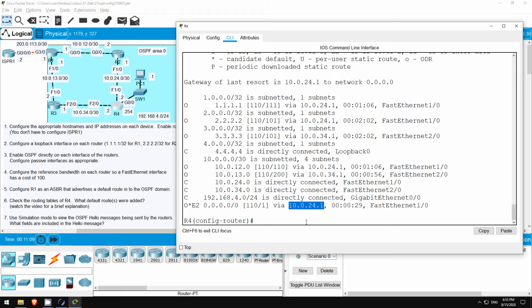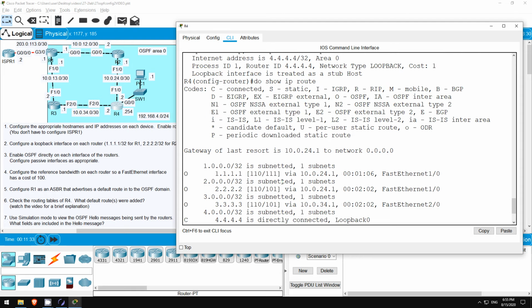Why is that? Well, look at the cost of this route via R2. The cost is 1. With the reference bandwidth we just configured, the cost to reach R2 should be 100, plus 10 for R2 to reach R1, so 110 just to get to R1. Why is the cost of this default route 1? The answer is here, this E2 beside the route.